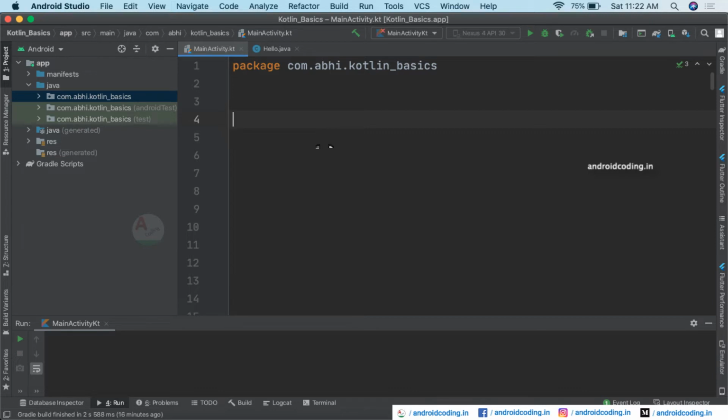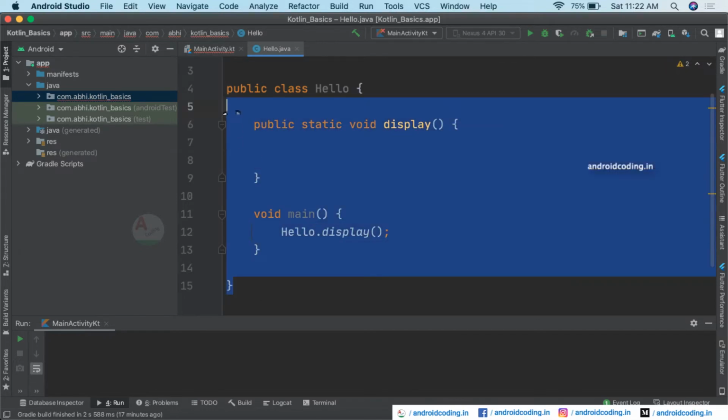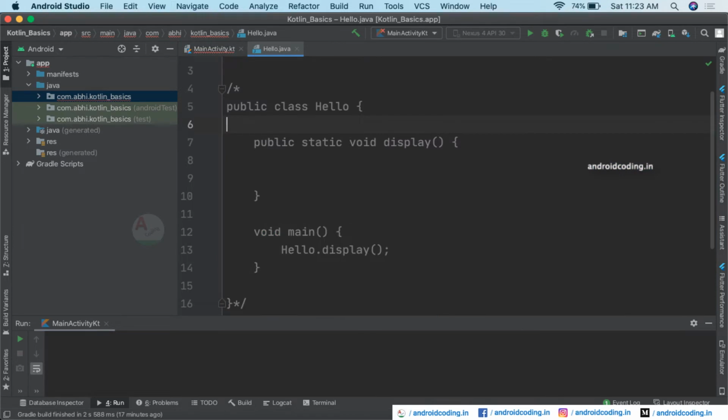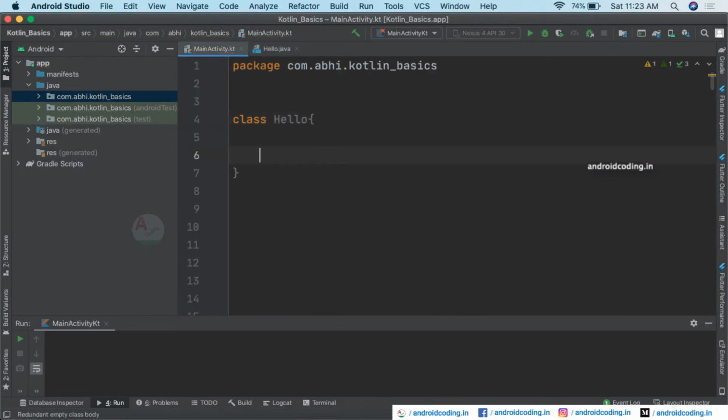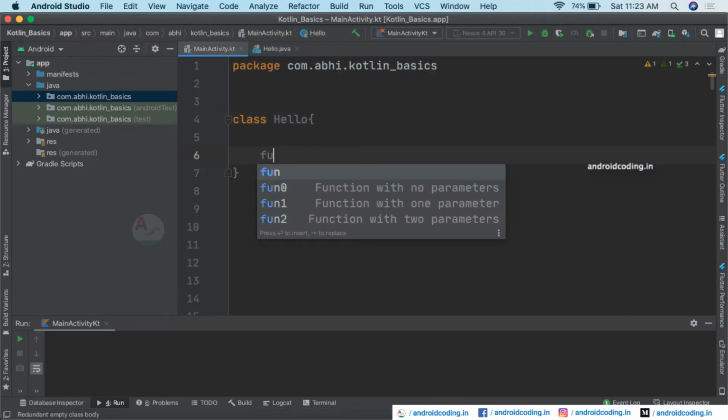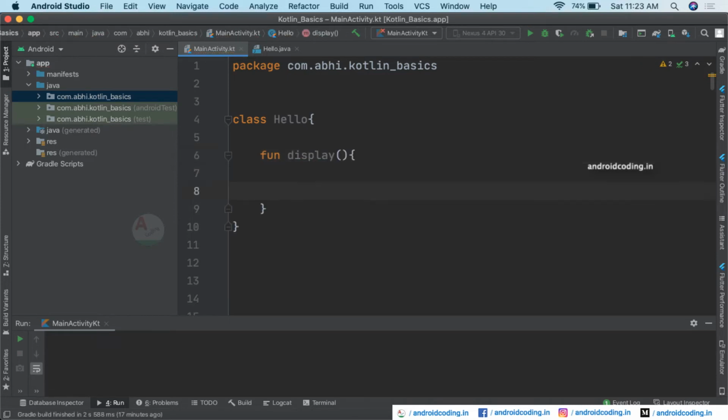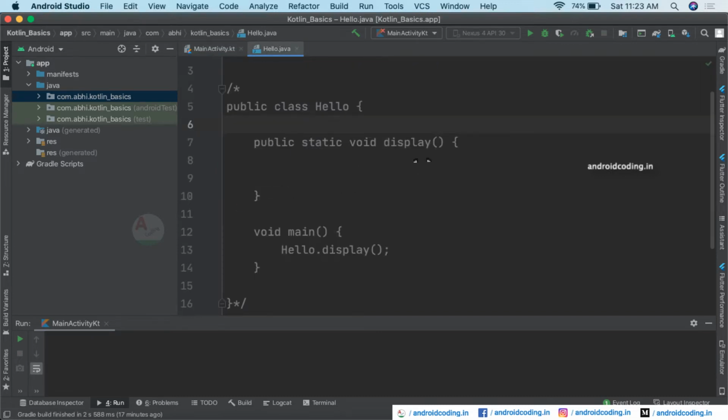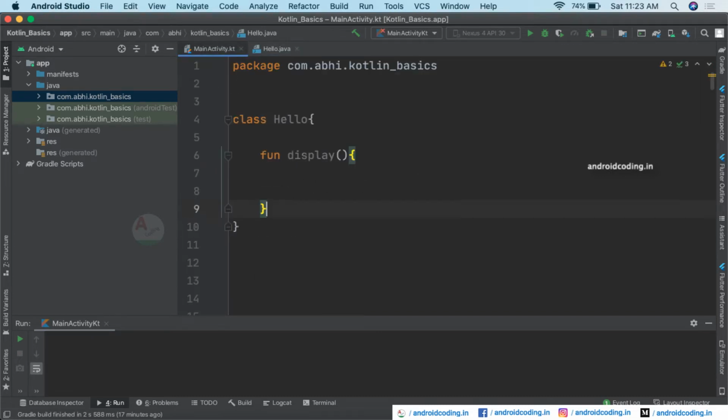In the same way, just create a class here. I will comment out this code because we will be using the same class name again, and inside it let us declare a method display. Here I am leaving it empty, not providing any statements inside the method. You can compare it: it's the same class and the same method we have declared.